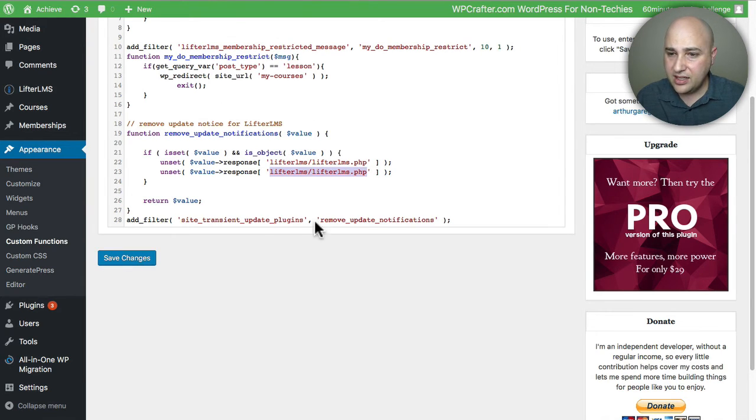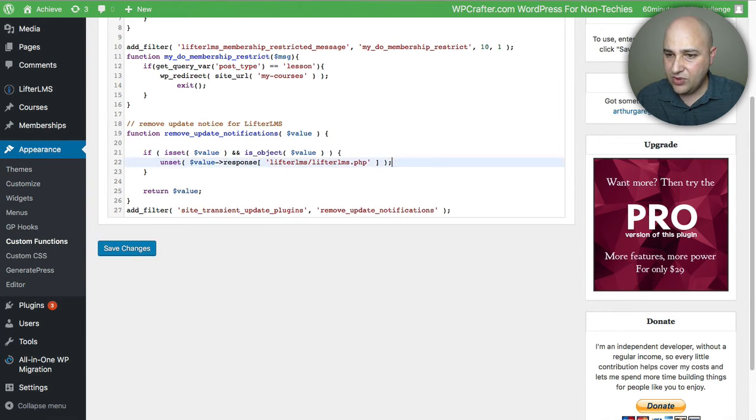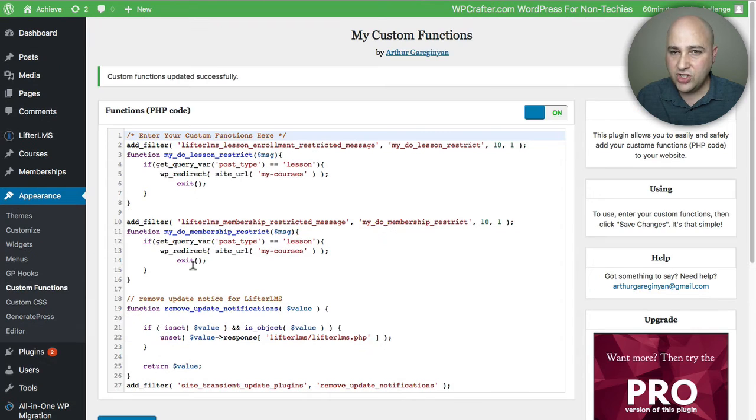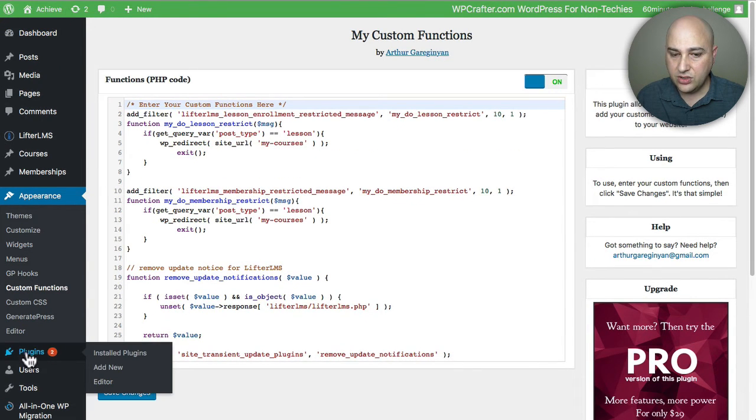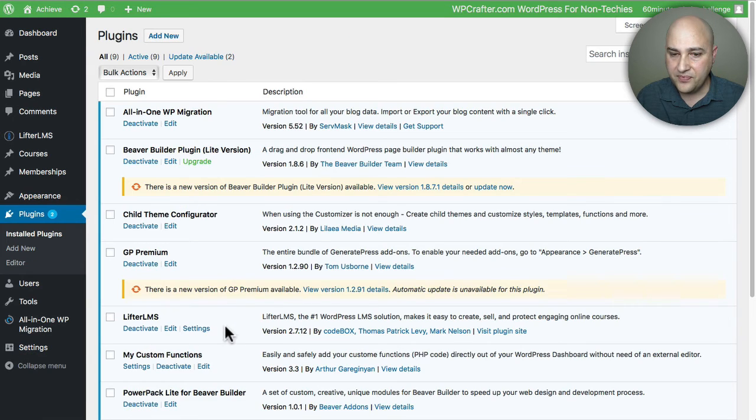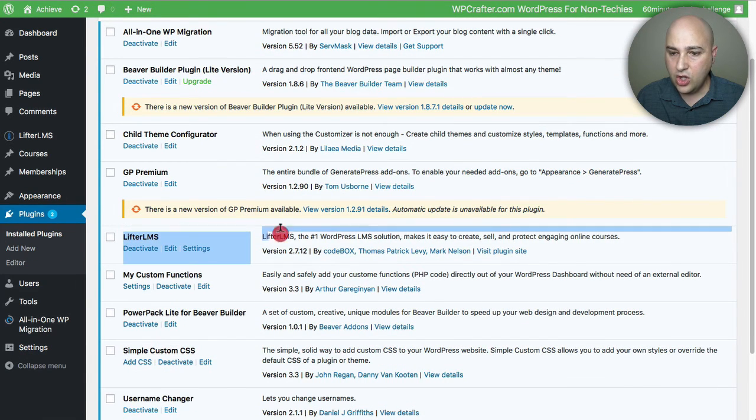So I'm going to go ahead and click Save Changes, but I'm first going to get rid of this line. So before, it was prompting me for the update, and so when I click on Save Changes, this number should go from 3 to 2, and if I go to where it says Plugins, I shouldn't see it prompting me to update this plugin anymore. So I'm going to click on Save Changes. You see this went down to 2, and this went down to 2. Now when I click on Plugins, and I scroll down, you see it's no longer asking me to update,